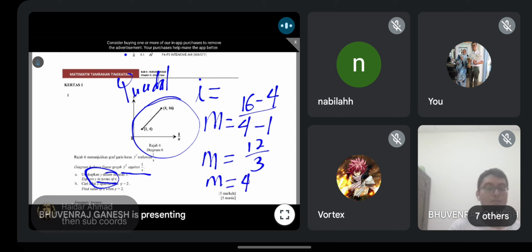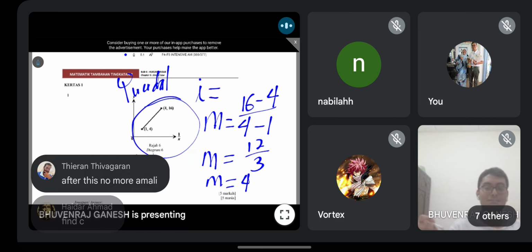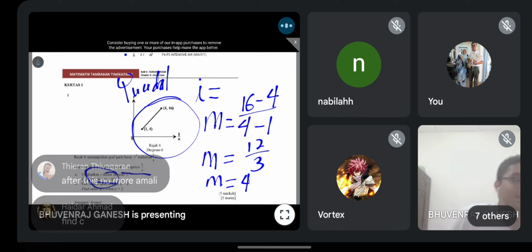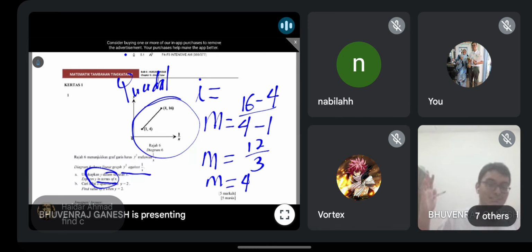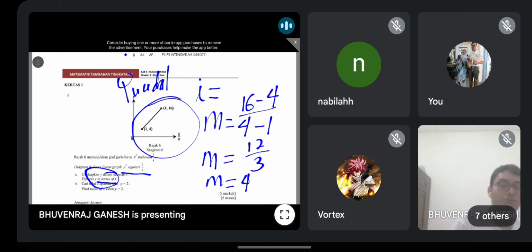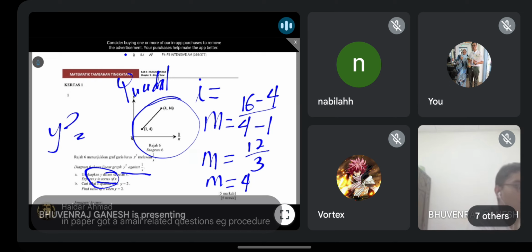Kecerunan kamu adalah 4. Okay, then yes, substitute the coordinate. Why do we substitute the coordinate, guys? Amali maybe now don't have, but later when you go on to a higher level, you still have lab work. When you study matrix or whatever course you take, you still have to do lab work. If you take science, you cannot run away from lab work. Okay. So y square is equal to 4